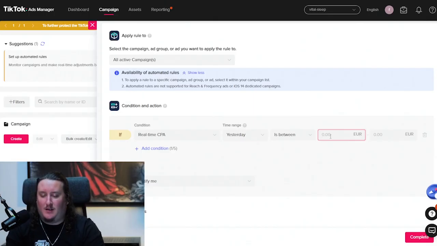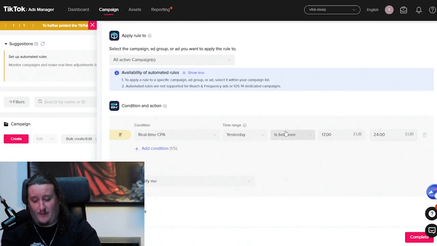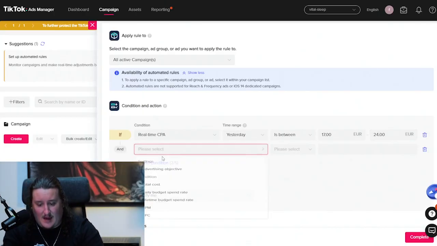If you have a price in mind that you know is unprofitable, and sometimes it hovers there, that's what you want to input here. For me, most of my products start becoming unprofitable between $17 and $24. Then you can create another rule set so that if it's above $24, you can turn it off. So we can add a condition